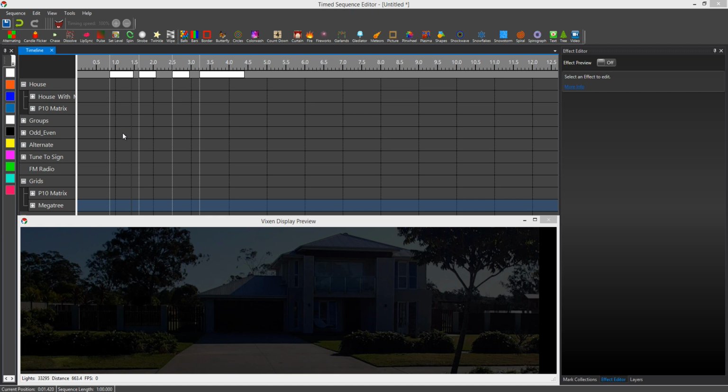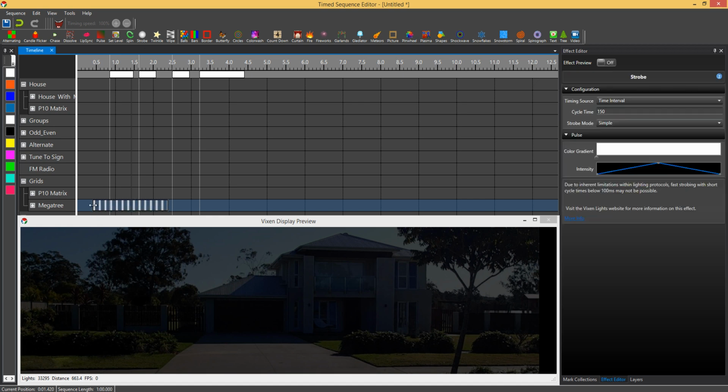This video is to show you the new strobe effect that we've included in development build 778 and onwards, and will be included in the new release. So up here we've got the basic lighting effects. Here we've got strobe, so select and drag strobe. I'll just chuck it on the mega tree,